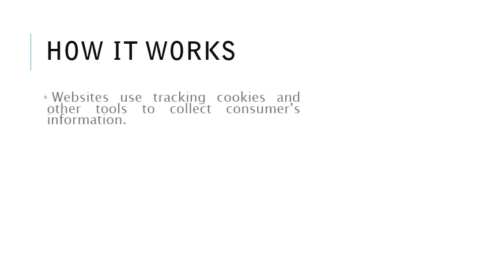So how does dynamic pricing work? With modern web browsers, websites have the ability to collect all kinds of information about you and your online behavior by using tracking cookies and other tools. A cookie is a small text-based file that is automatically saved on your computer in the background while you're browsing. These files have the ability to track the sites that you surf, how much time you spend there, how much money you spend, and how often you visit.